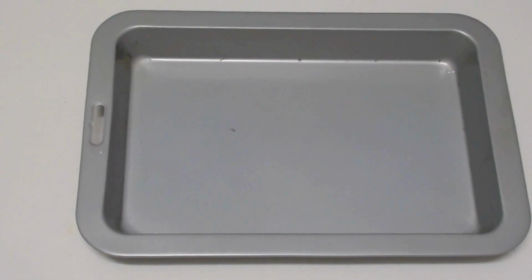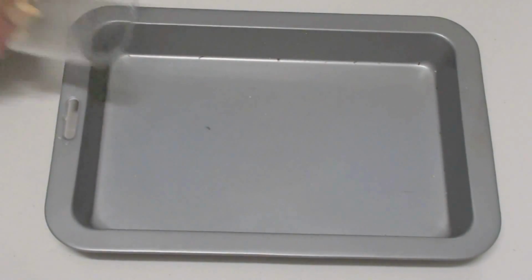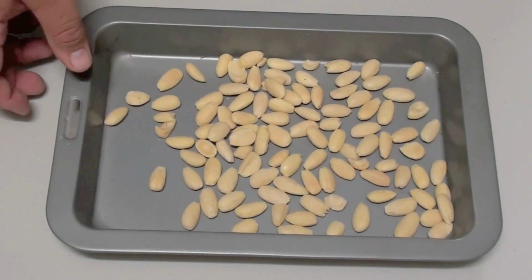Nougats are incredibly lovely little treats, but can be rather daunting to make. The key to making a good nougat is preparation. So to start off with, into an oven dish, we're going to place in our almonds. These are blanched almonds. And we're going to place this into a preheated oven at 170 degrees Celsius for 7